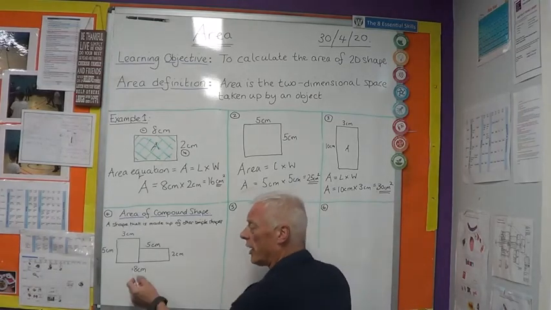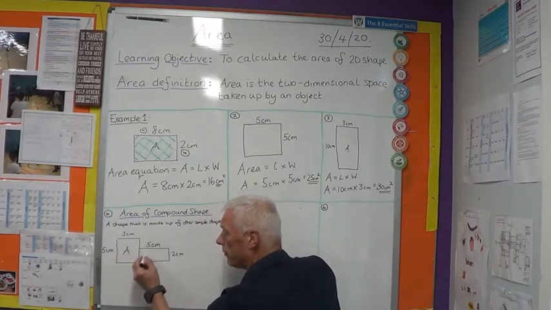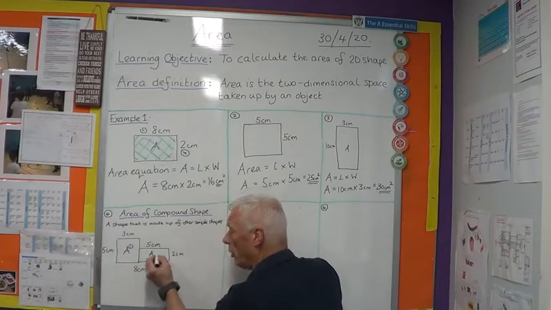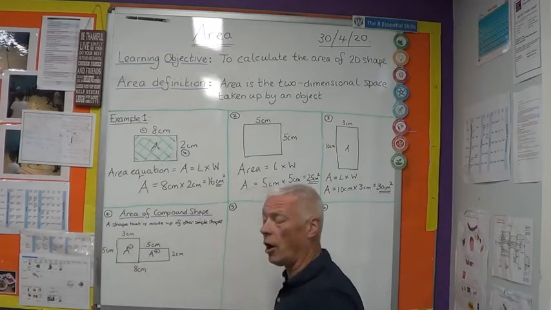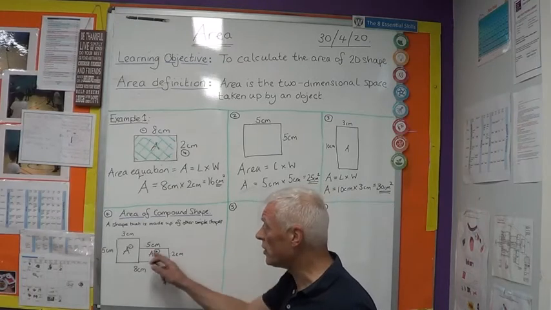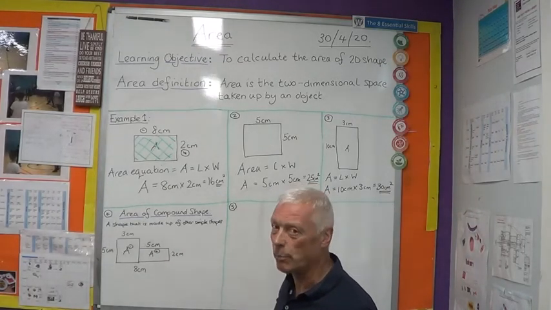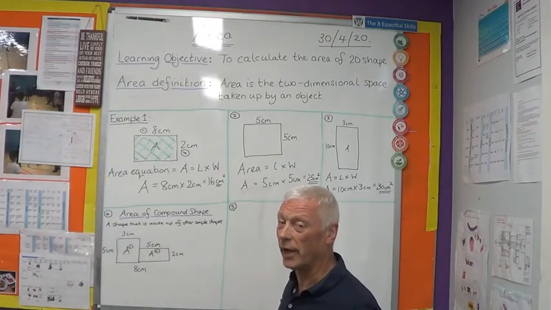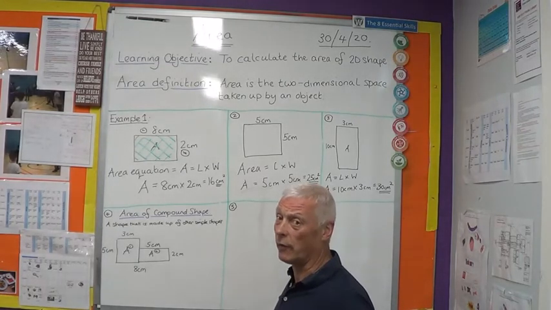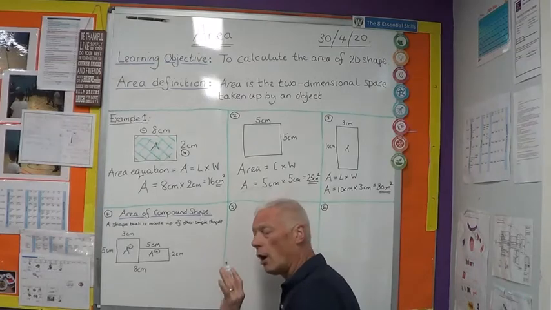So you've got to work out the area of rectangle 1 and the area of rectangle 2, the space in the middle. Then what you'll do is add both of those sums together. That way you can work out the area of a compound shape. So on this one,